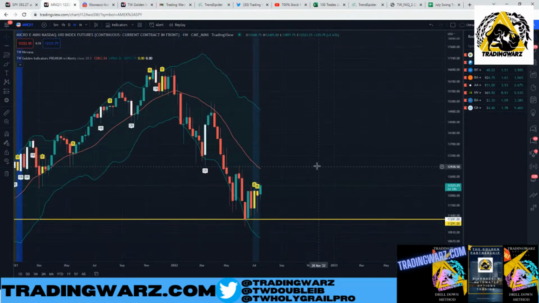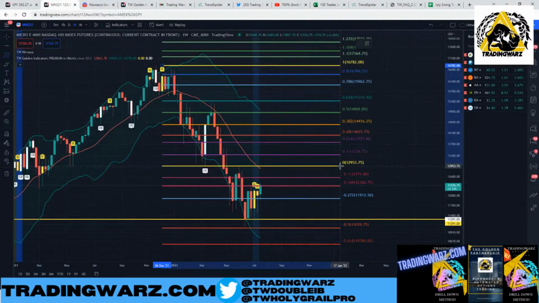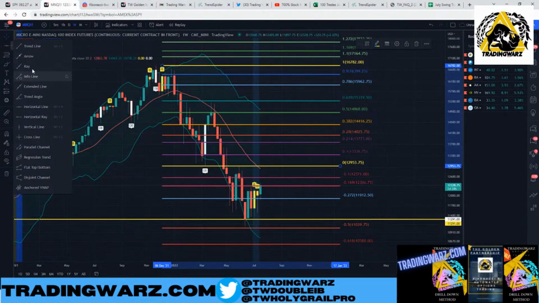Okay. So I talked about this many times, but essentially the reason I got long, so I got long at 11,291, and the reason is because we had this Fibonacci extension. So high to low right here. You could see we rejected on the 618. We came pretty much right on that 50% extension. And what I did is once we got into this zone, because I know the 272 down is an area